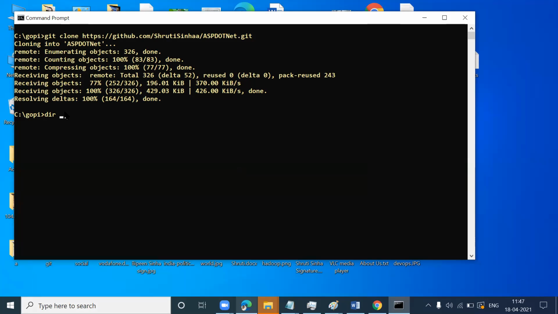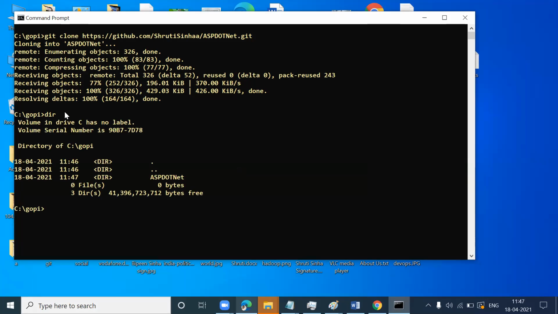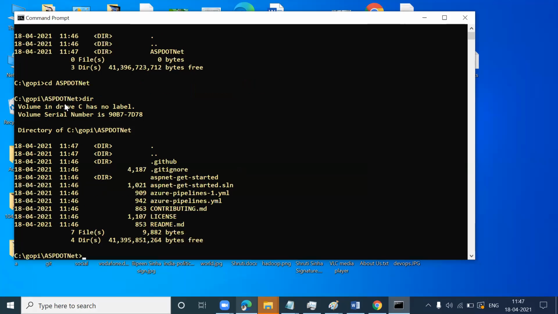Hit enter. You get this folder ASP.NET, right? Just cd ASP.NET. Say dir. Now you get all this code, including the YAML file. Assume that this is developed by a developer.